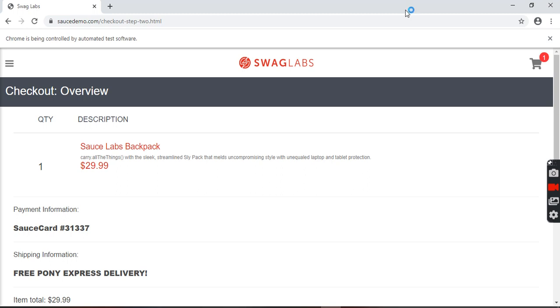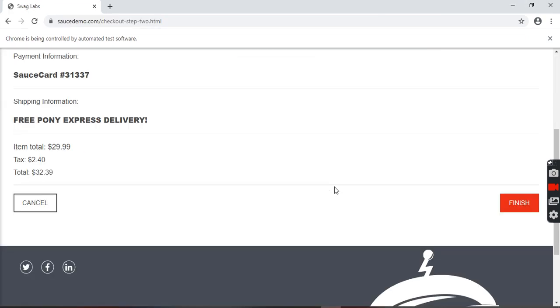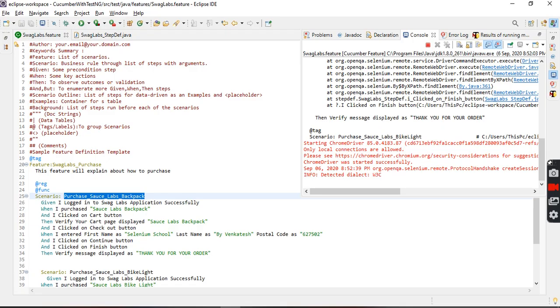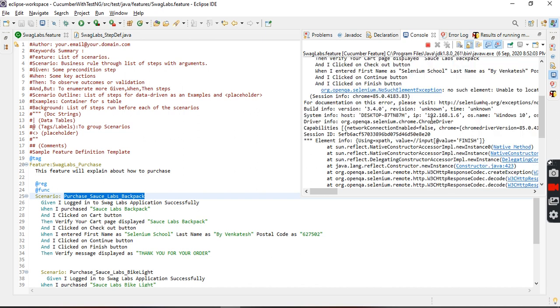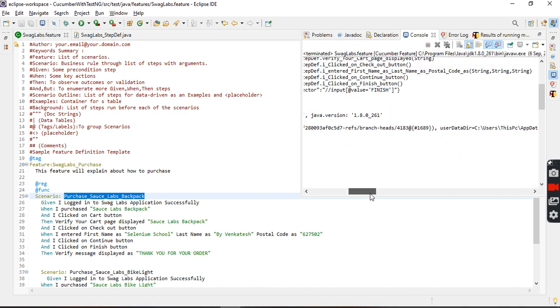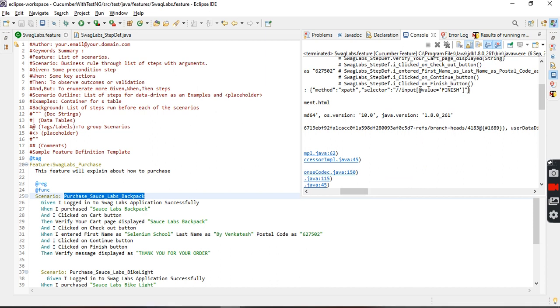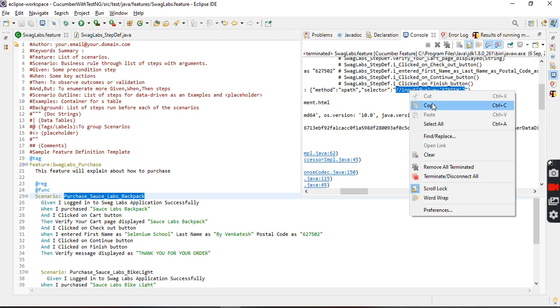Not click. Oh, finish button is not clicked. Something problem here. Let's see, some error is showing. No such element, xpath input value is equal to finish something. Let's see.